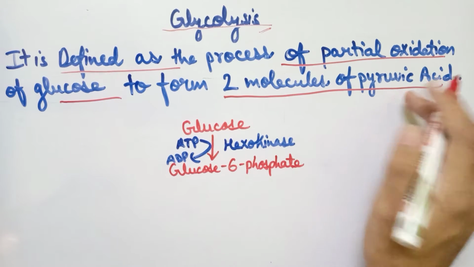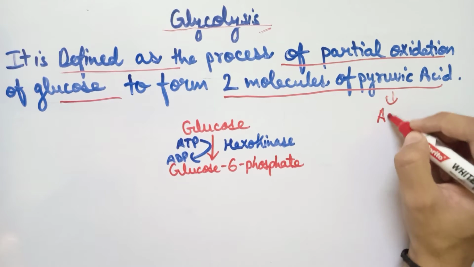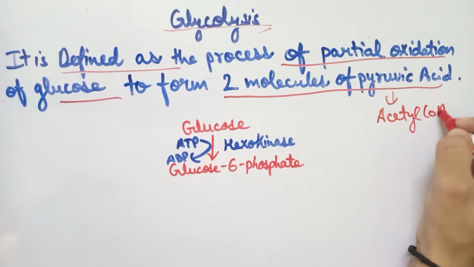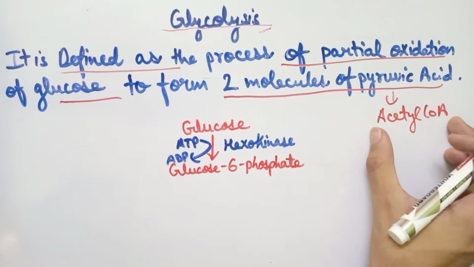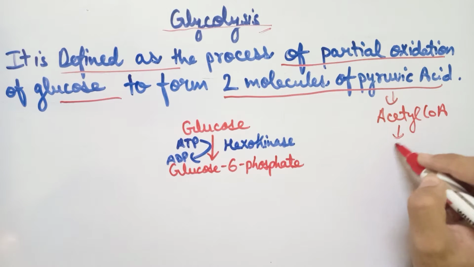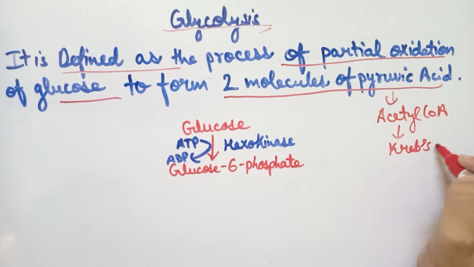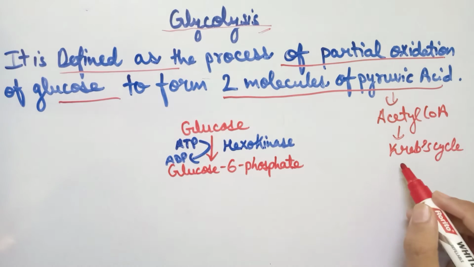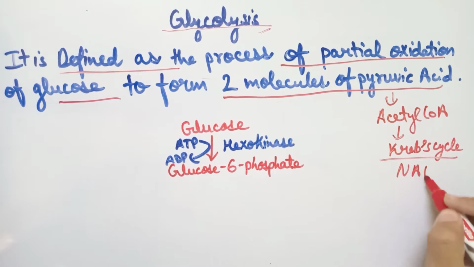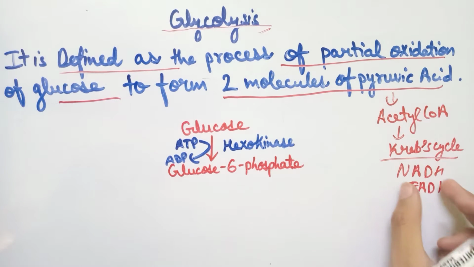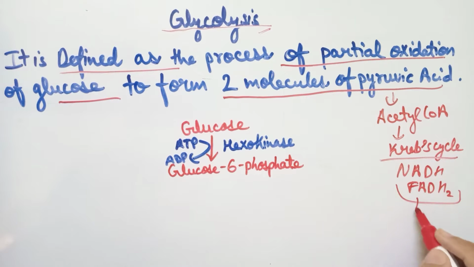And as you know, this pyruvic acid is converted into acetyl CoA through oxidative phosphorylation, and this acetyl CoA is used in the Krebs cycle. This acetyl CoA enters the Krebs cycle, and during the Krebs cycle ATP, NADH and FADH2 molecules are produced, which contain energy or ATP inside them, and this can only be taken out through the electron transport chain. In this way the respiration system works briefly in organisms, and through the ETC we can obtain ATP or energy.